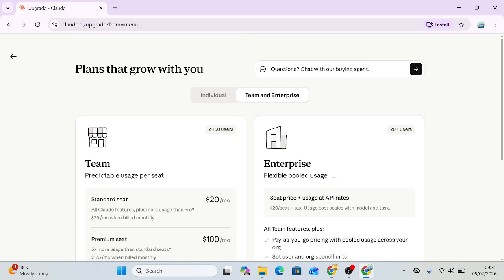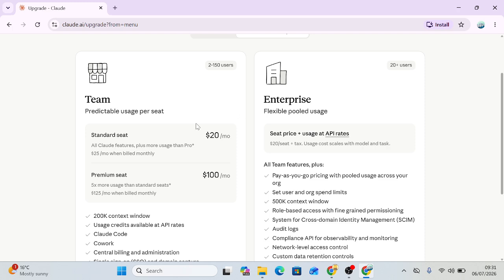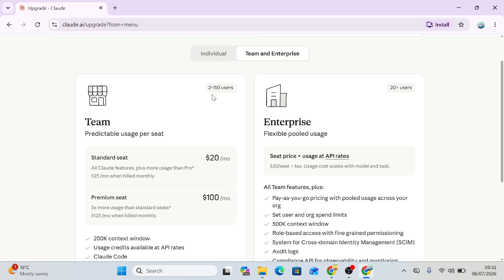which option you prefer. Bear in mind when it comes to the team or enterprise, you do have to pay for each individual person who's currently part of your team or business. So keep that in mind, as well as you have a max amount of users you can get on each